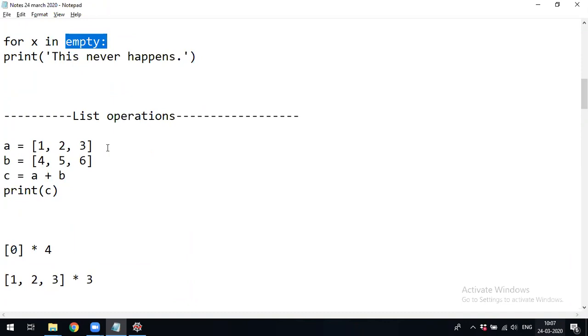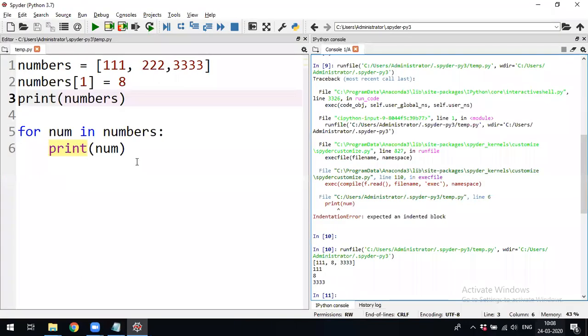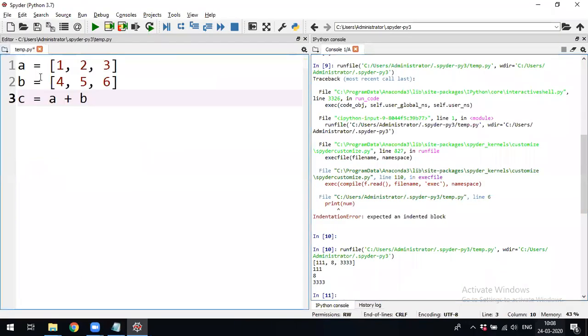Now we'll see some of the list operations. We already know the operators, addition, multiplication, but if you do the operations on the list itself, how is it going to react? See these three. A is one list, B is another list.